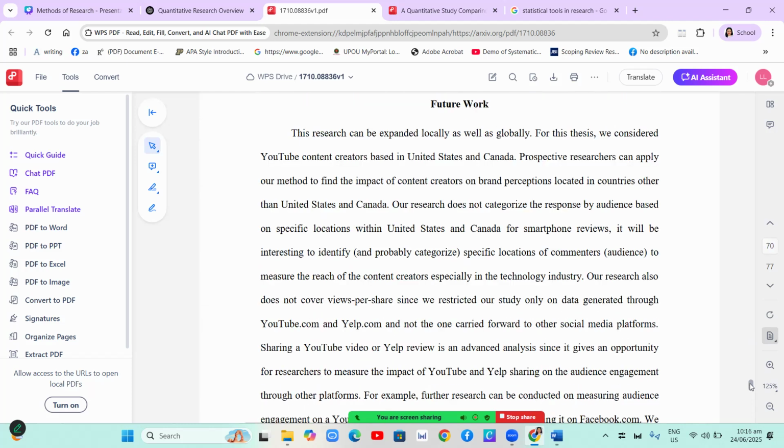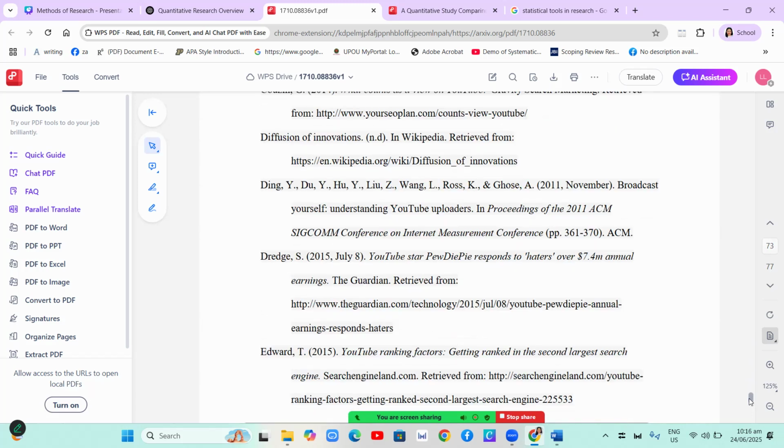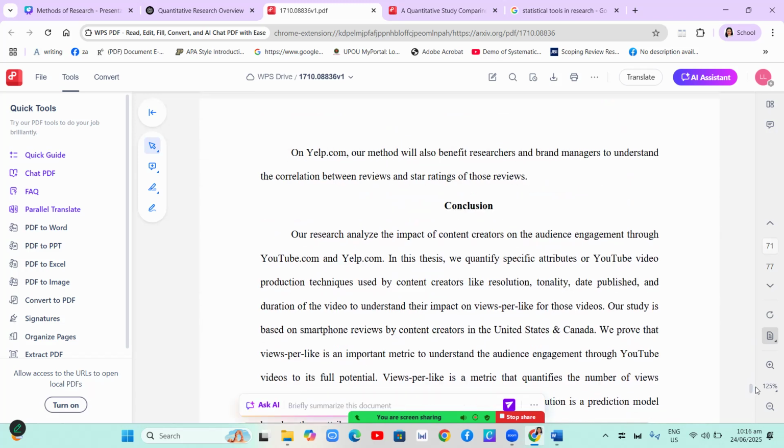So let's now have the conclusions of the study. Bibliography na. So where are the conclusions? So the conclusion is the research analyzed the impact of content creators on audience engagement through YouTube and Yelp.com. They quantify specific attributes of YouTube video production techniques like resolution, tonality, date published, and duration of the video to understand the impact.